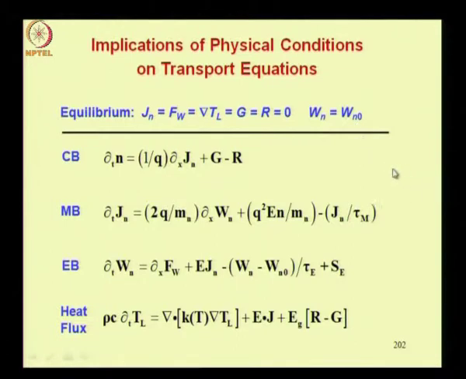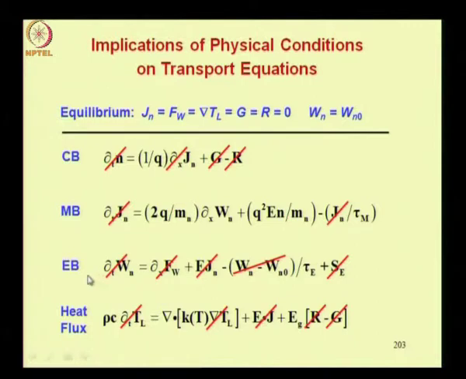Now as a consequence of this, many of the terms in these equations will drop out. So the equilibrium picture of these equations is as follows. You see most of the terms are getting dropped out, the carrier balance equation really becomes trivial. So things are not changing with time under equilibrium, therefore all the time derivatives are 0 in this column, the left hand side of all equations are 0. Further, since Jn itself is 0, this term does not exist, G and R also are 0. So carrier balance equation really becomes trivial, all terms equal to 0.